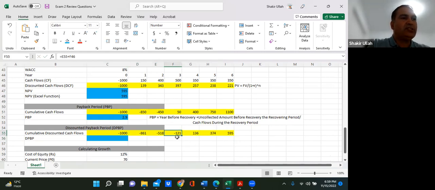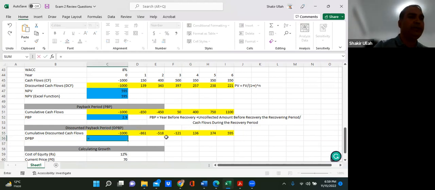Now you can see that the sign changes from negative to positive in year 4. You see that? Which means that the discounted payback period is 3 point something. Okay, the year before recovery is year 3. Okay, and uncollected amount before recovery is minus 121. So that is 121 we're going to use in the formula. And cash flows during the recovery period, we know the recovery period is year 4, and the discounted cash flow is 257 in that case. Let's use those values, equal to year before recovery. We know that it is year number 3